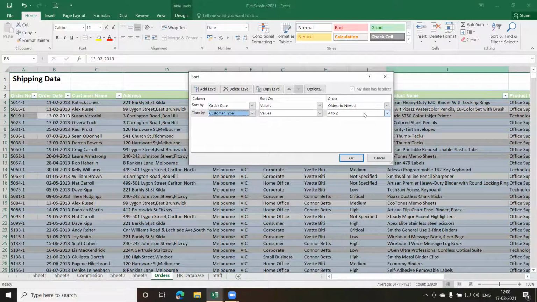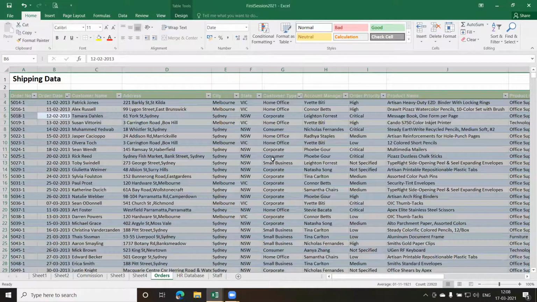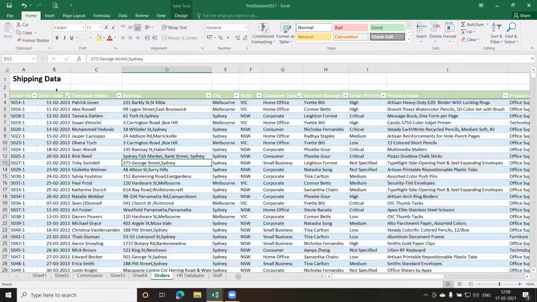Again, we have this option here, A to Z. I click on OK. And now we have it sorted as per the order date, and also as per the customer type. This is my first column where I sorted it, and this is my second column. You can see that small arrow mark is coming on both of them.